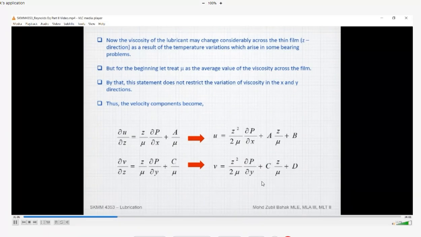So we have four unknowns, and in order to evaluate the unknown values,